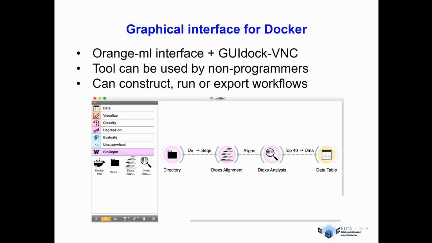And so we found a very nice interface, an open source interface, OrangeML, which is for machine learning. And we've wrapped it inside a container which supports graphics. And I'm going to demo that right now and show you